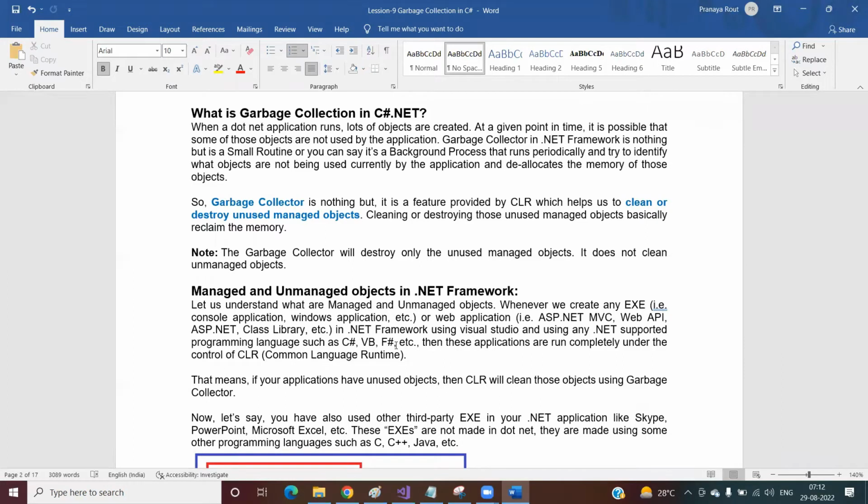Then at a given point of time, it is also possible that some of the objects are going to be unused by the application, right? Once you start your application, you created 100 objects. After executing for some time, it's also possible that out of 100, 50 objects are unused, right? Then the garbage collector in .NET framework is nothing but a small routine, or you can say a small background process thread that runs periodically, and tries to identify what objects are not being used by the application and deallocates the memory of those objects,